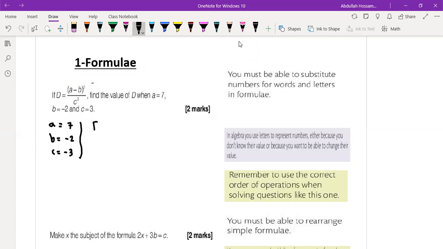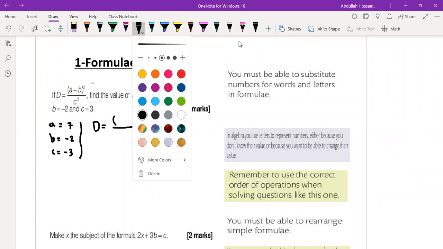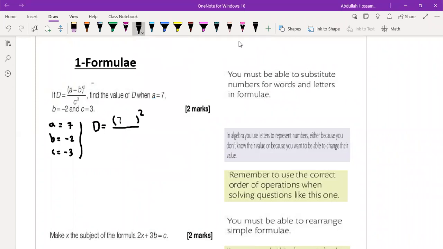So we write d equals, and then it will be here a equals 7. So you write here 7 minus -2, and c equals 3. C equals 3. So you write 3 cubed. And then here,